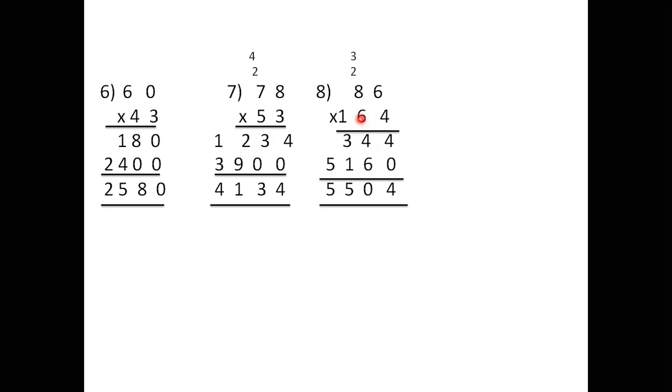Next 6 8s are 48 plus 3. So when you add, for this 51 you will get. Now these two you have to add. So when you add, you will get the answer as 5504. So the remaining sums you can practice so that you will understand. So now next let us see.